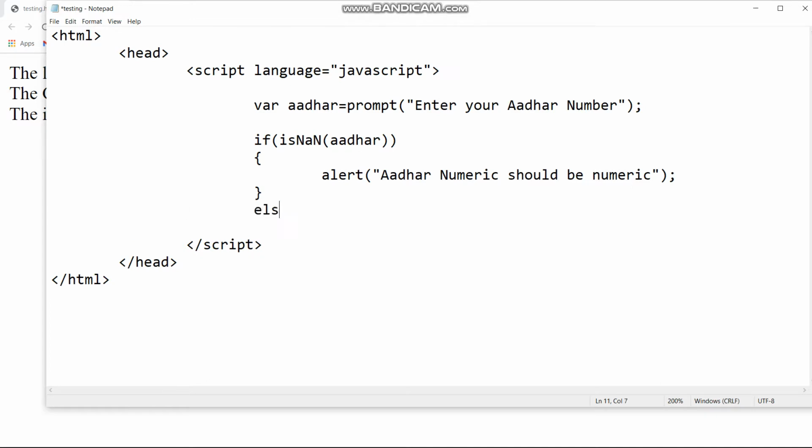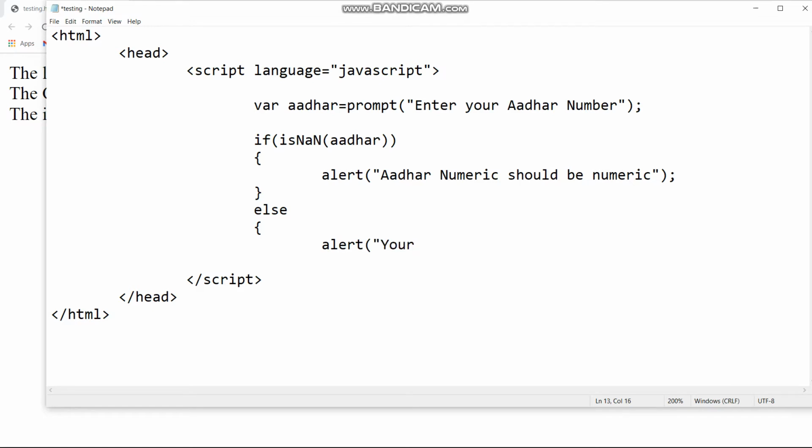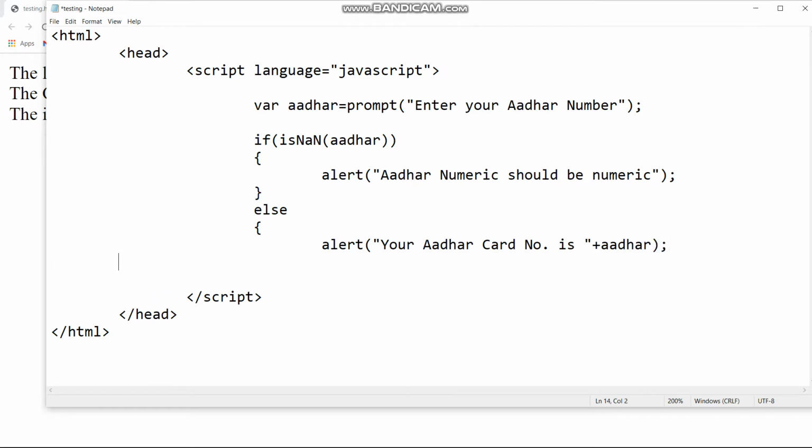Else, you would have an alert message again, and else means if you have written a genuine thing, you will say "Your Aadhaar card number is", and then plus Aadhaar. I have given the value to the variable Aadhaar, so I concatenated that variable, and this is done.